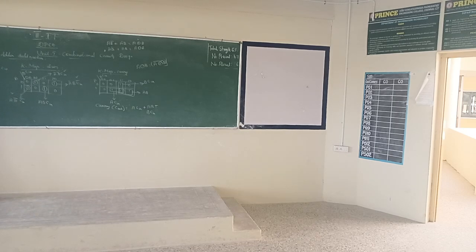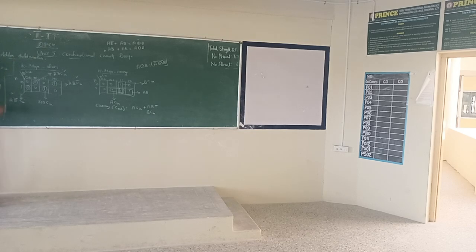First, consider the first two terms. So C in bar is common, right? So take it outside, C in bar. What are the remaining terms? A, B bar plus A bar, B. Then consider the third term and fourth term. C in is common. So what are the remaining terms? A bar, B bar plus A B.